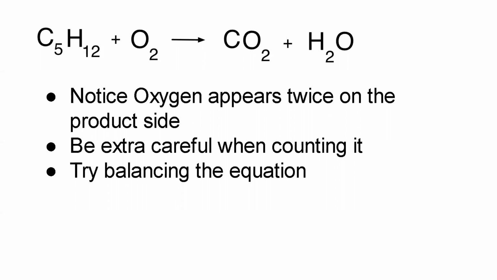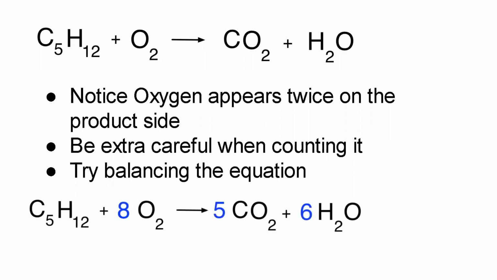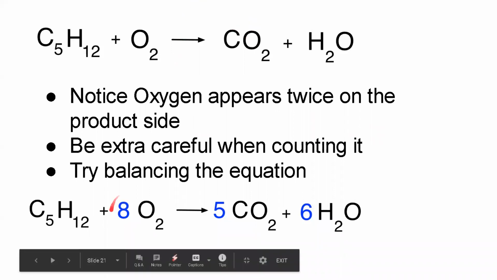All right, so hopefully you guys are done with this one. The answer is C5H12 plus 8 O2 equals 5 CO2 plus 6 H2O. So when you check this, you can see that there's 16 oxygens on this side, 12 hydrogens,